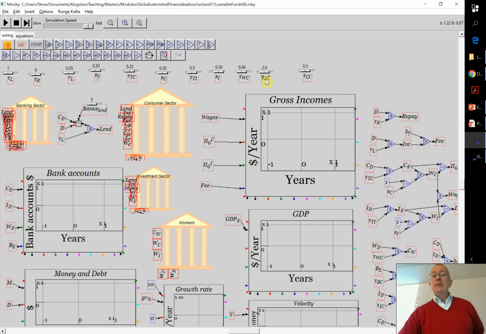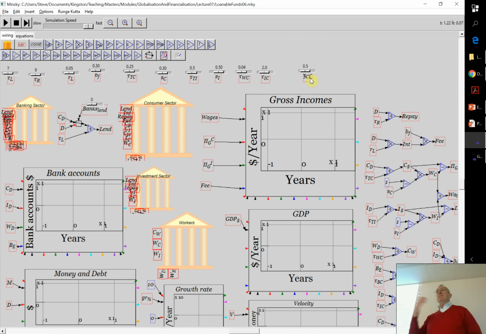Investment by the consumer sector is the time constant of expenditure by the consumer sector buying investment sector inputs. And this is the same thing in the opposite direction: the time constant of the investment sector buying from the consumer sector. So those are the intersectoral flows that are necessary for both sectors to produce output.